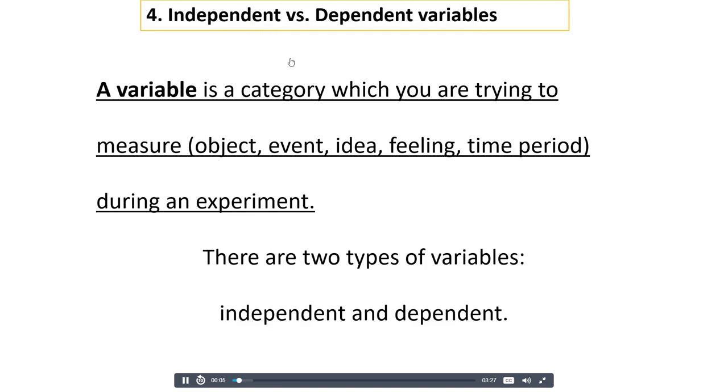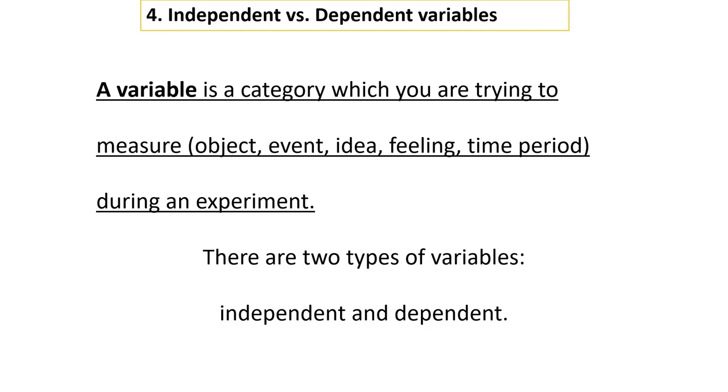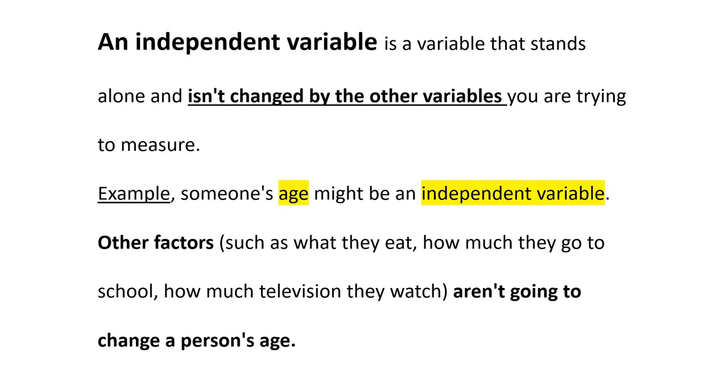and dependent variables. A variable is a category which you are trying to measure. It could be an object, event, idea, feeling, or time period during an experiment. And there are two types of variables, independent and dependent. An independent variable is a variable that stands alone and is not changed by the other variables you are trying